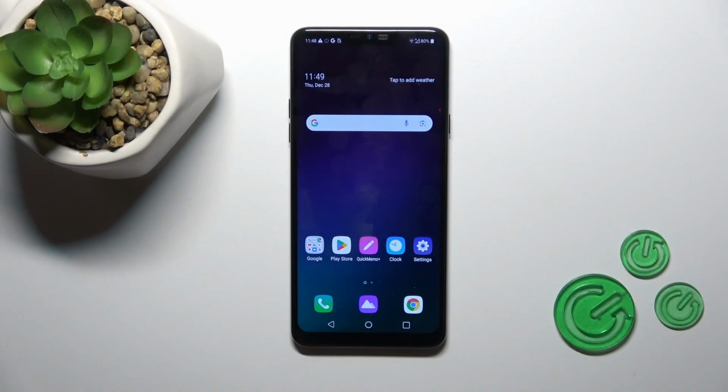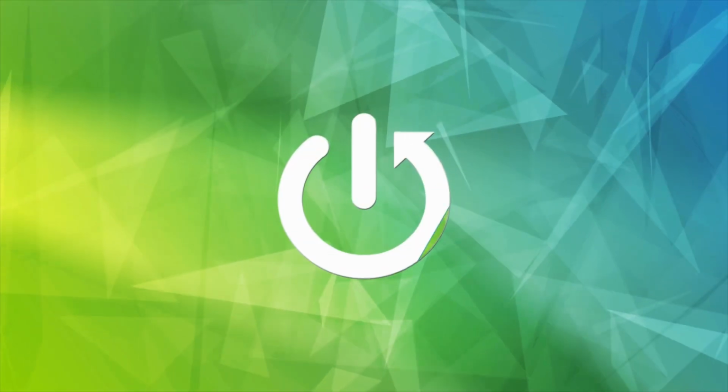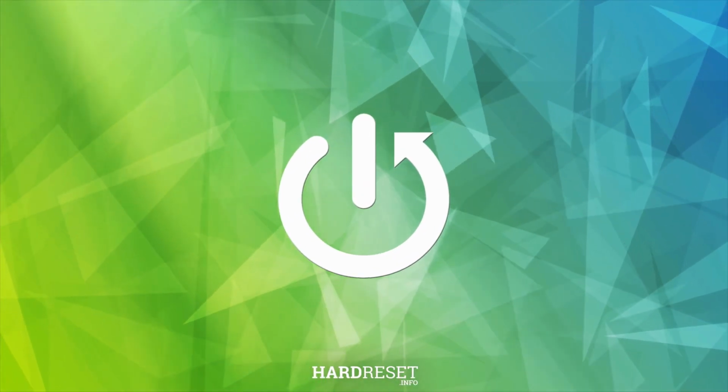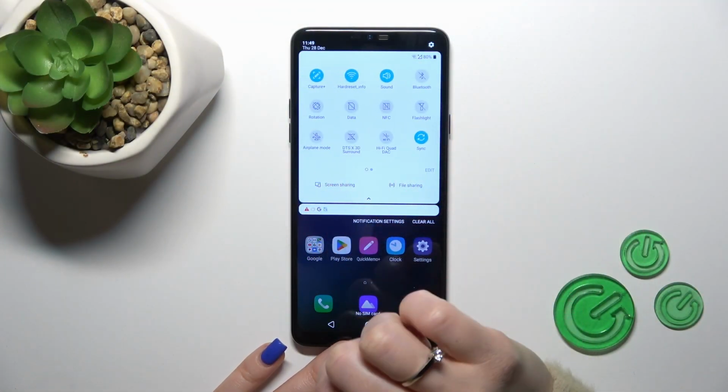Hi, this is the LG G7 Fit, and I'll show you how to edit notification panel shortcuts on this device. So if you want to add some options, remove some of the available options, or just change